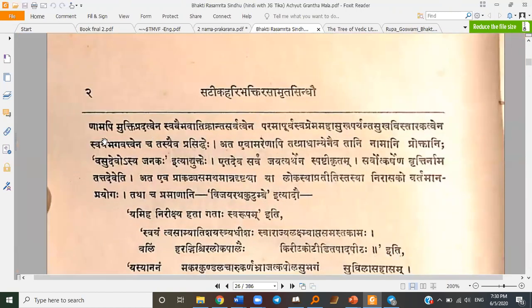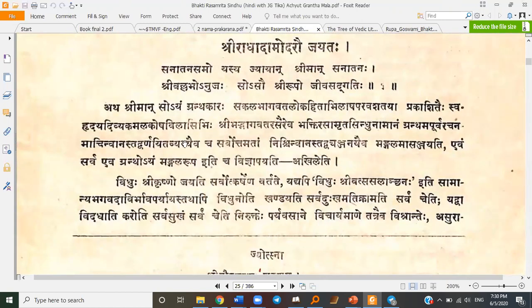Asuranam api mukti pradatvena. Basically, see, Vidhu can mean a lot of things. Basically, Vidhu means a moon. But here Rupa Goswami refers Vidhu to Shri Krishna. But someone may object that Vidhu can mean some Samanya Bhagavad Avatar, like Lord Vishnu in specific. But Jiva Goswami is substantiating Rupa Goswami's point that no, in this particular case, Vidhu refers to Shri Krishna, the Supreme Personality of Godhead, the fountainhead of all incarnations, and he's giving a few reasons for it.